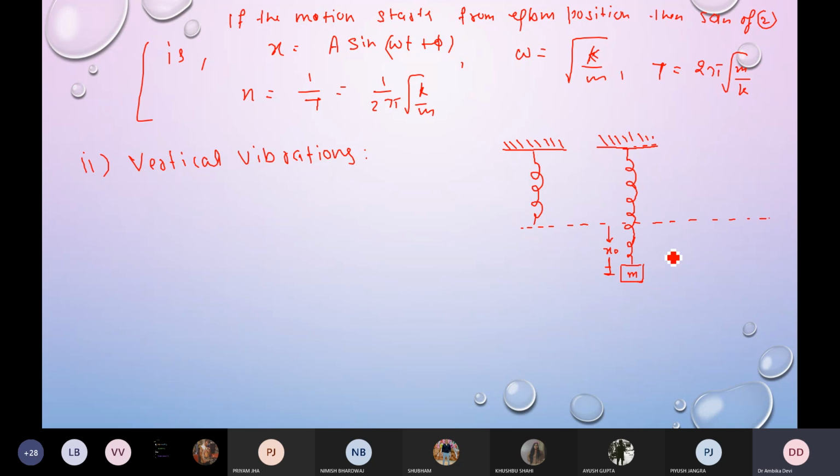Okay, so it means that a restoring force will be acting on this mass, which will be opposite to the displacement. So this is F. F will be acting over here. F is equal to minus k x naught, you know that. Okay, now the third situation is when you just pull this spring downwards, so that we can set this system into vibrations.